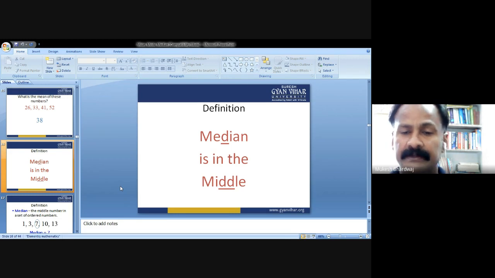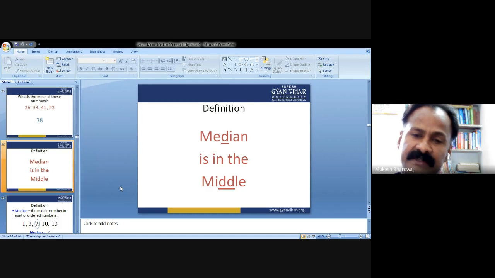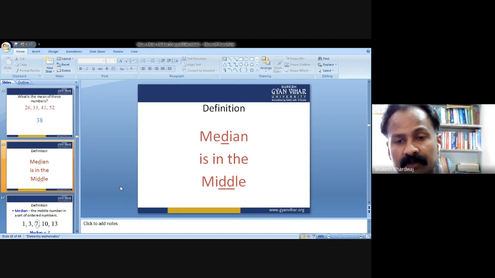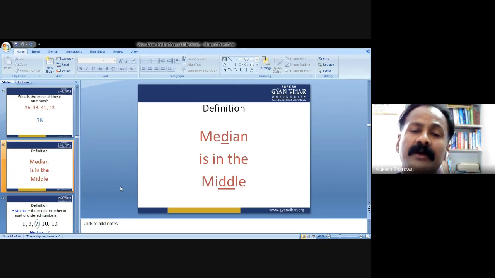If I have provided 10 data points, you first arrange the data in increasing order, and when you start counting from the left-hand side, you don't find which one is the middle. The fifth and sixth positions: counting from the right-hand side too, you are not able to decide which one is the middle value. So in that case, how will you find the median? Are you getting my point?